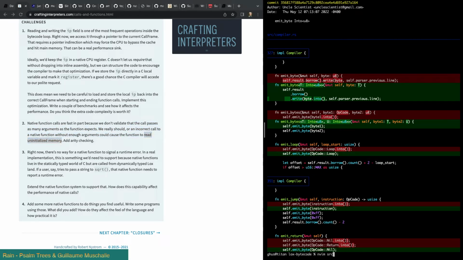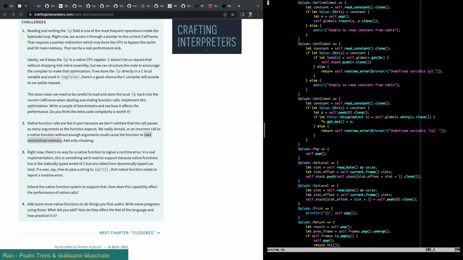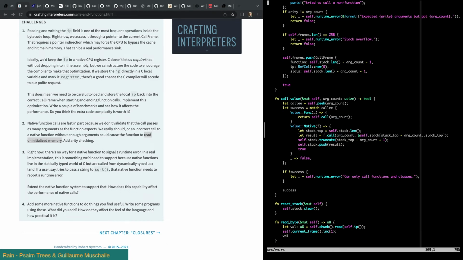Because what's happening here in Rust is, because we're passing a very specific amount of entries on the slice. In fact, we shouldn't need to pass this because the slice should tell us how big it is, right?